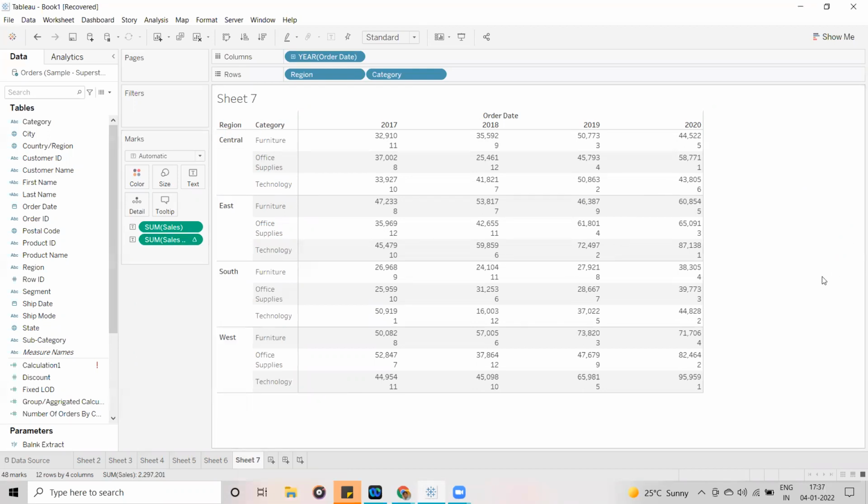Okay, simple. Now, how did this calculation happen? I want to see the calculation behind it, so I am going to double click on this field. Let me highlight this one. Here it is sum of cells.